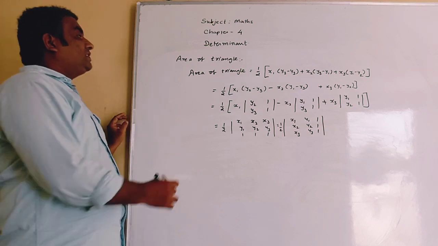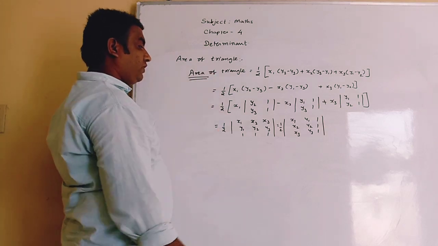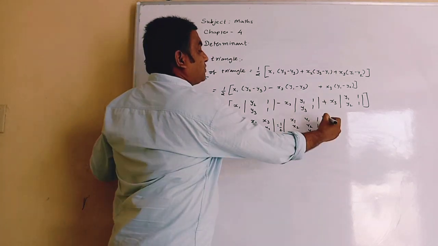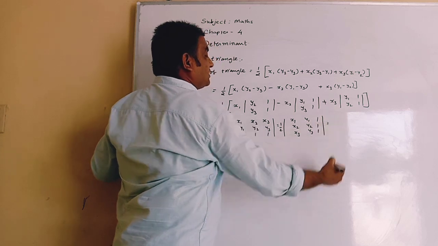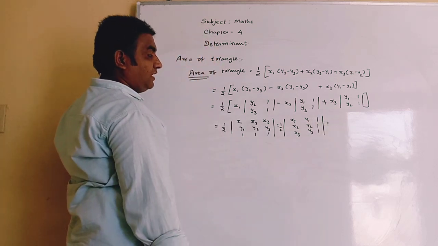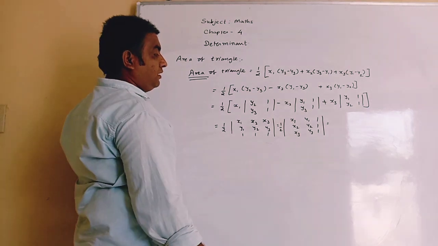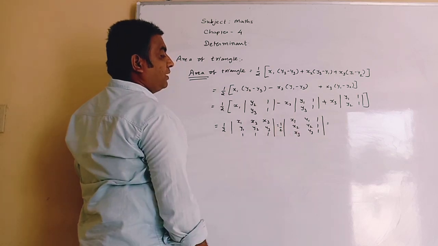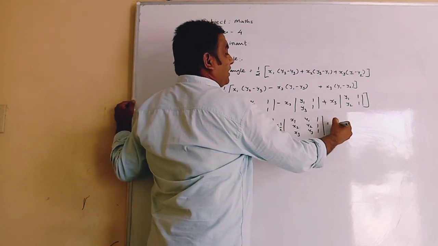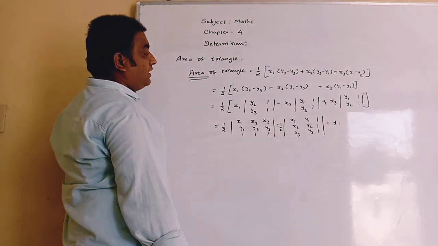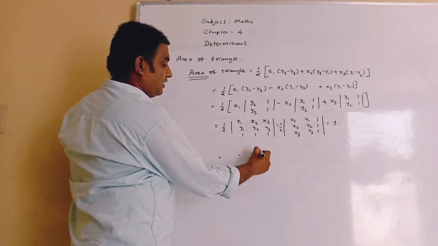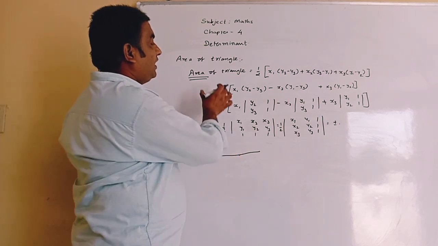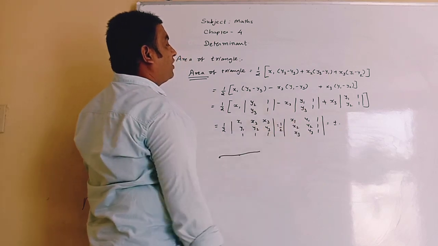Now one more thing, always area we take as the positive value. So if in the determinant expansion we get a negative or positive answer, we will take the absolute value only, means if we are getting a minus answer, then we will remove the sign and take a positive value only. But suppose area of triangle is given and we want to solve the determinant and find some variable, then we will use both the plus and minus value. Now we know that if 3 points are collinear, they will not form a triangle, and so its area is 0. So whenever we get the area of triangle 0, we will say that these 3 points are collinear.